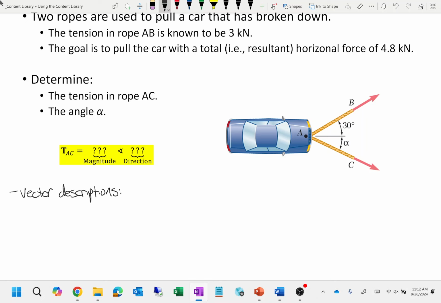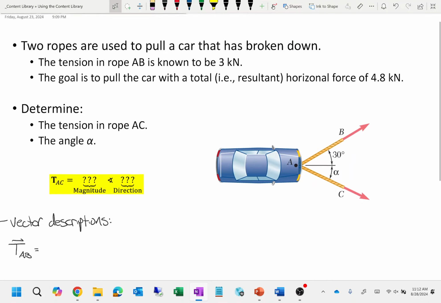The first thing I'm going to do is describe vector AB. This is the notation that I'm going to use: the tension in rope AB, so T sub AB, and I'm going to describe it as 3 kilonewtons